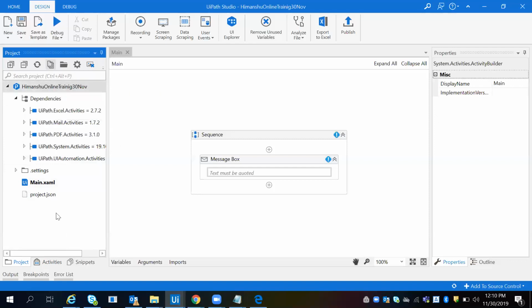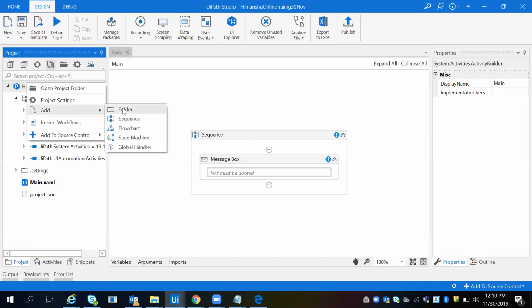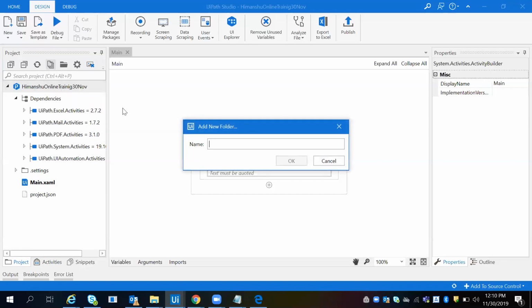So I can take it like that. Click on this project panel, right click and add. You can create the folder and give the name 30 November.